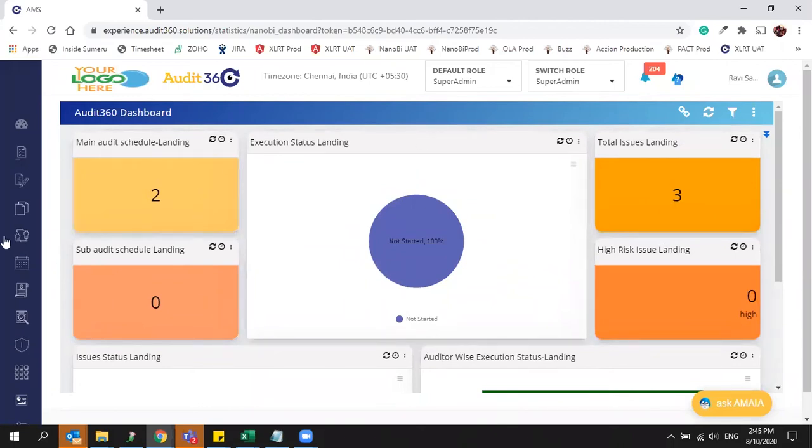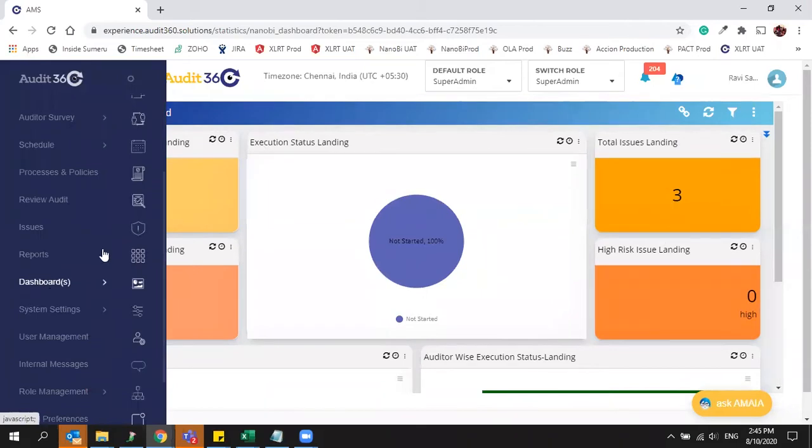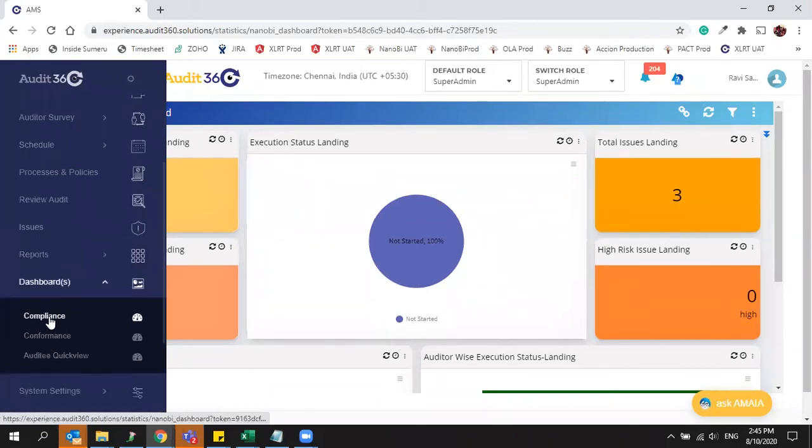Apart from that, you will get two default dashboards, conformance and compliance, and one more paid dashboard we have, the audit quick view, that I'll explain at the last stage.